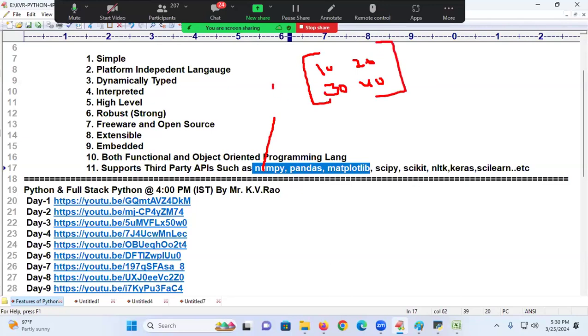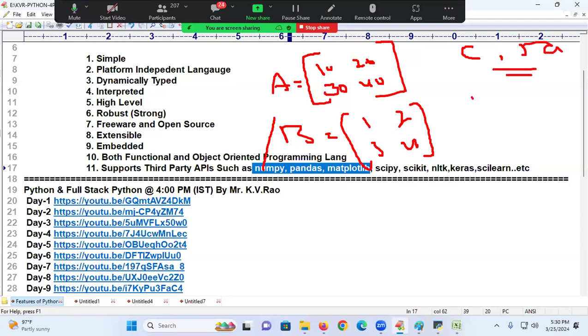This is matrix A. This is matrix B. What are the matrix values here? 1, 2, 3, 4. I am asking you to write a program in C, Java, or C++ for addition of two matrices. Minimum, I will write 30, 35 lines of code. But when I come to Python, Python programming also does not have this type of facility. In Python also I will write almost 15 lines of code.